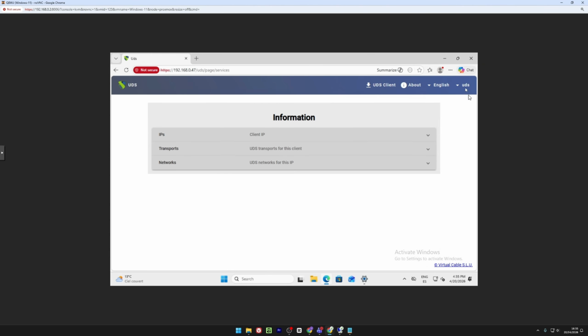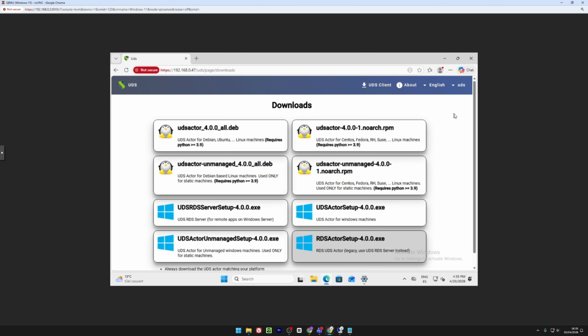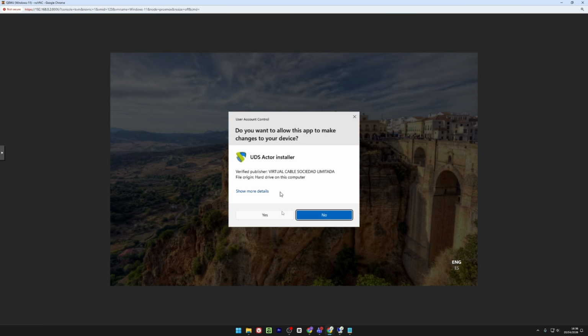Perfect. Now, in the download tab, we are going to choose the UDS Actor that we will use to deploy the virtual desktops. Obviously, I will choose the Windows one, which is right here, but if you have a different operating system, you should choose the correct one for your OS. So let's download it, and once downloaded, we will run it, and we click on yes,